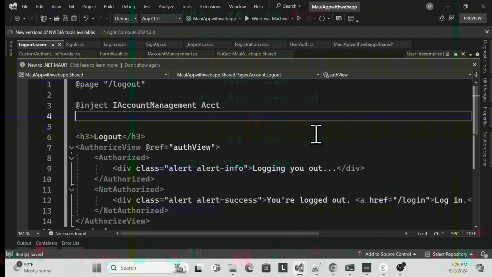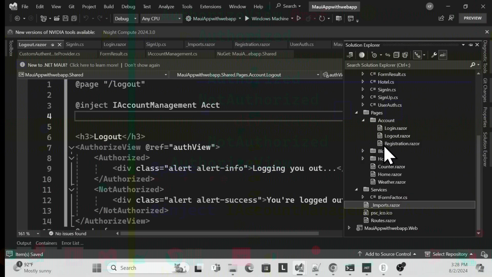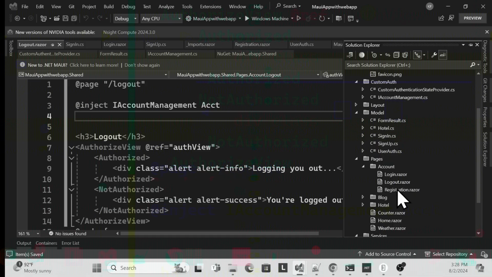So now our logout has also been completed, which means all those components are completed, right? So now comes the main part. What is the main part? Suppose I'm just running this application, by default it is running and calling